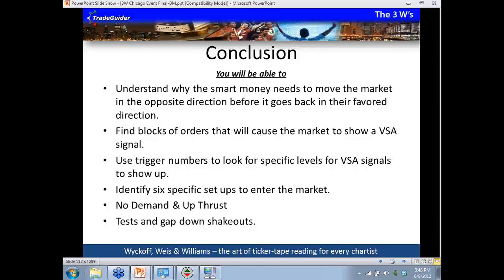It's naturally going to be distributing because that's what professional money is going to be doing, and that's a little less aggressive. But if the market is actually trending up and you're trying to get in with the